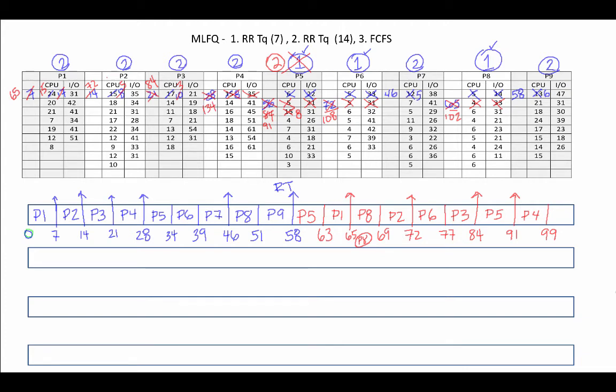Now the current time is 99, so we have to check if any of our level 1s, which is P6 and P8, have arrived, and neither of them have. So we have to continue on with our level 2s, which the one that got there the soonest was P7. P7 got there at time 46 and has a CPU burst of 7 time units. So P7 is going to get on there and try to do its 7 time